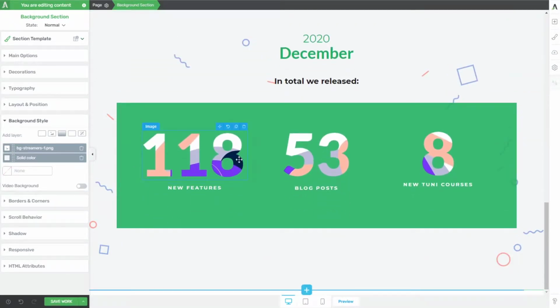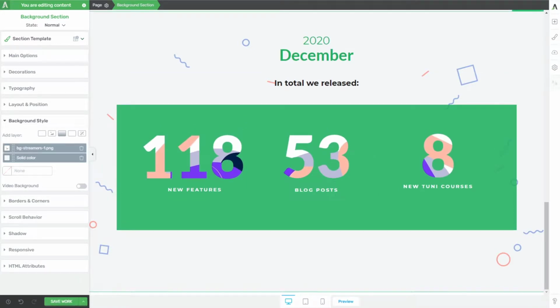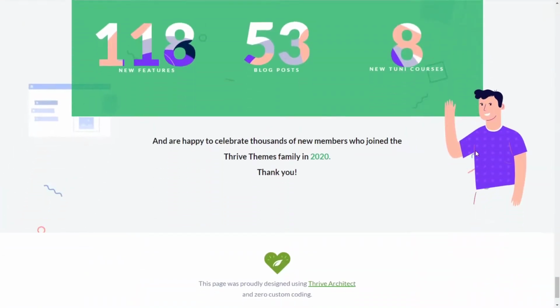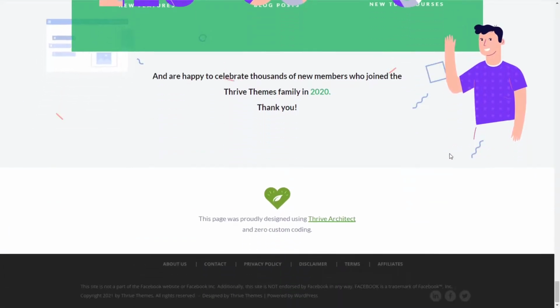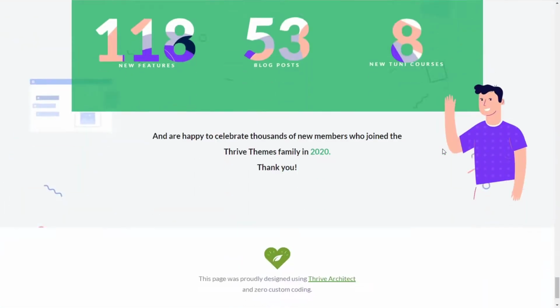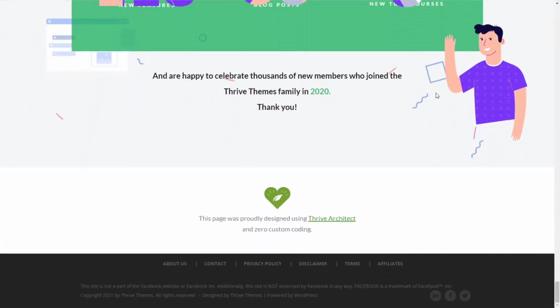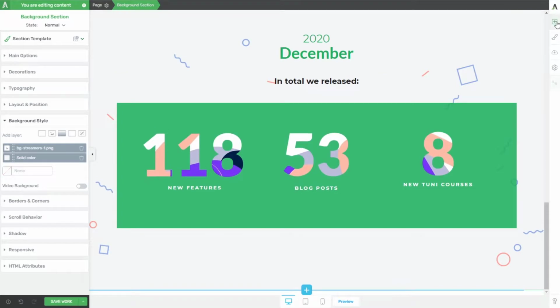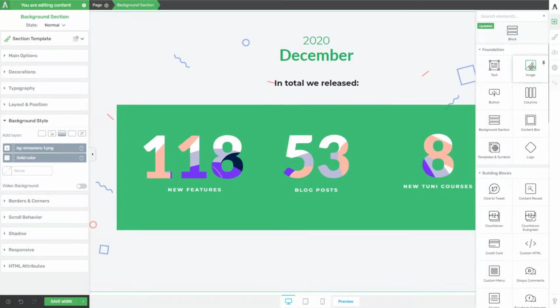Okay, time to play with our last little parallax friends here. He's not parallax. We need to add in, or maybe he is. Let's see. I'm going to refresh the page. I thought he had some parallax effects, but it could just be waving goodbye to us. No, he appeared. So let's add in an image